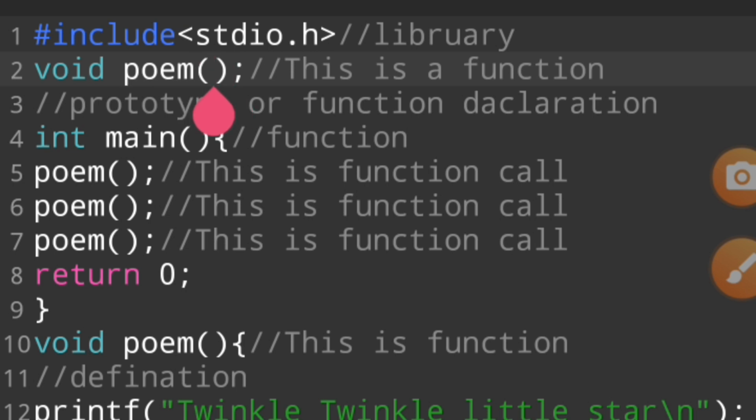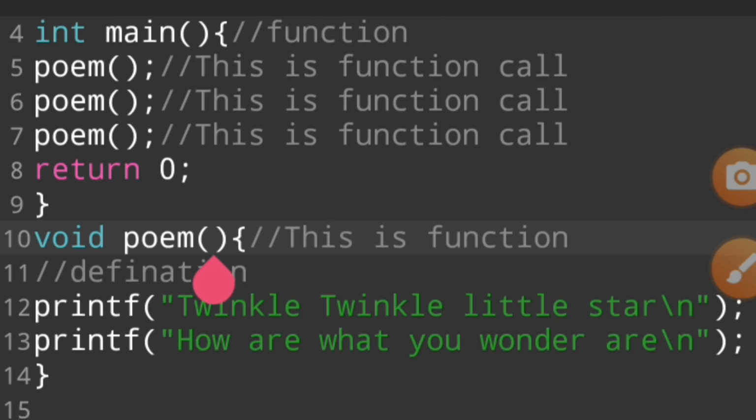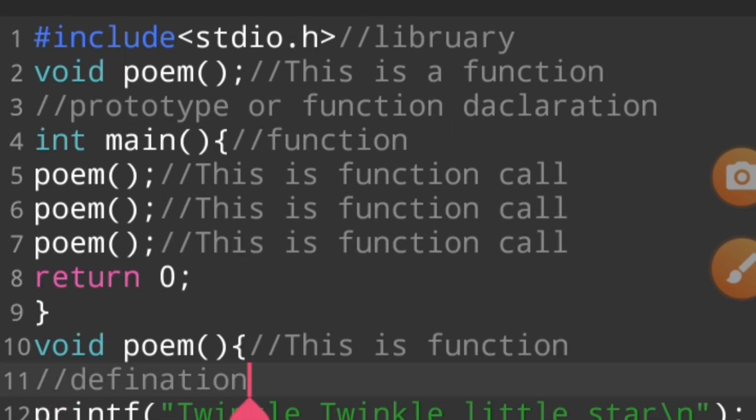So with the help of function declaration, our function call goes directly to the function definition, and the work of the compiler starts. The compiler reads twinkle twinkle little star, however what you wonder are, which our programmer wants to print, and then the compiler runs this program, and when it reaches this curly bracket close,